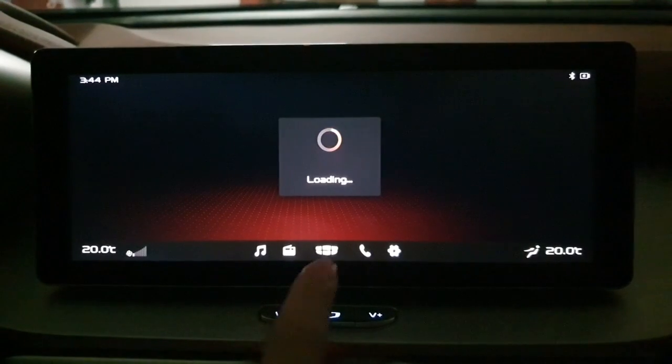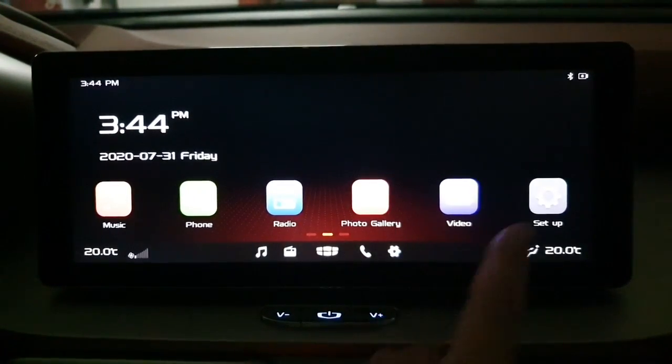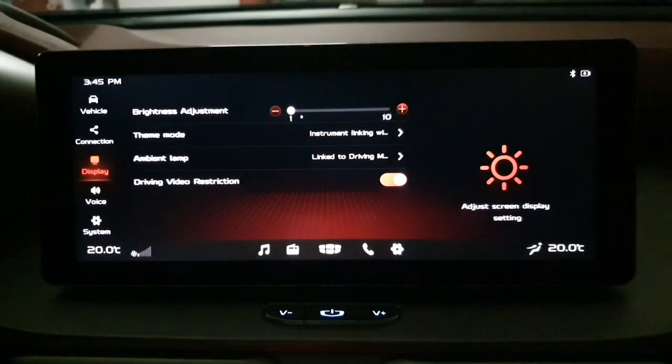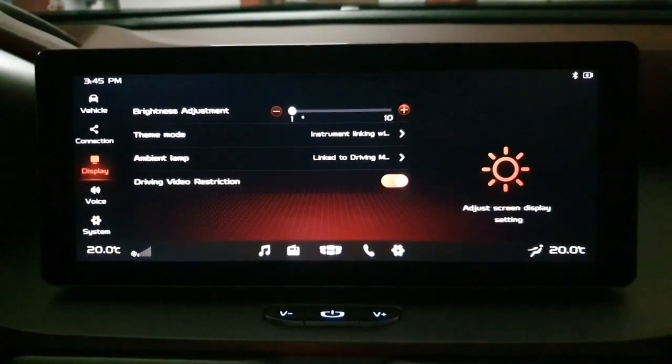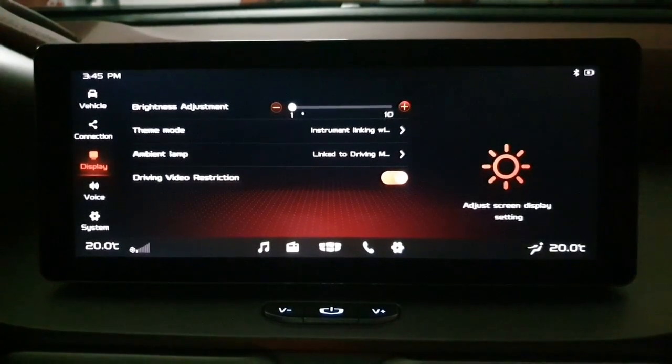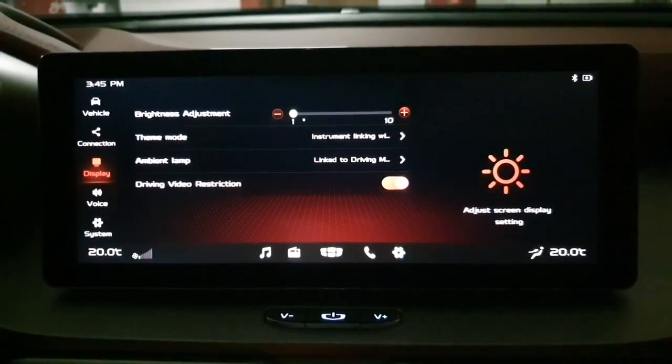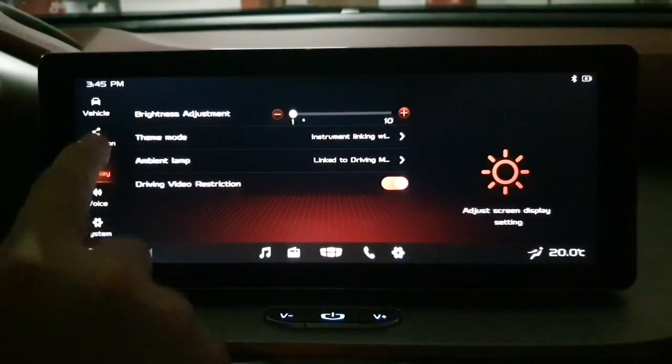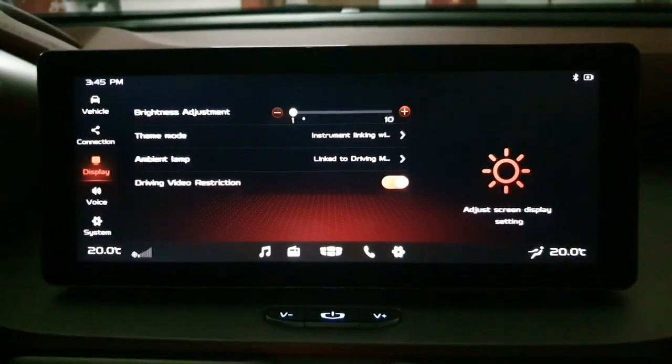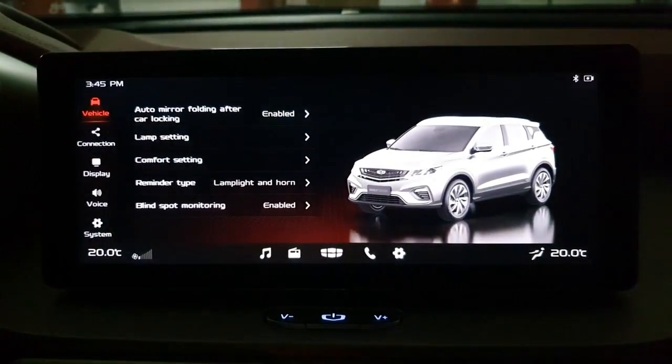Okay, now naman is the setup, okay, which is the last piece dito sa main main landing page ng infotainment natin. So meron siyang 1, 2, 3, 4, 5 na modules. So let's start with the vehicle. Okay. So the first